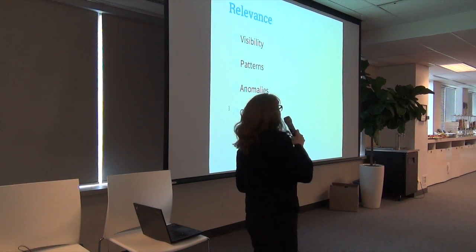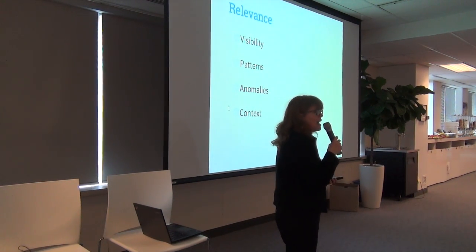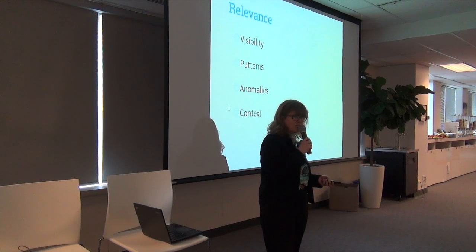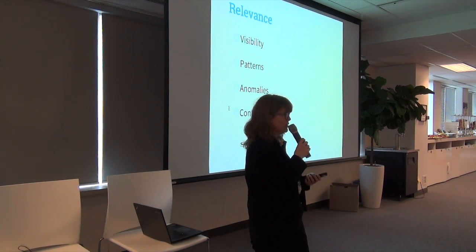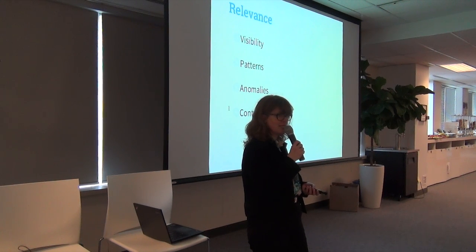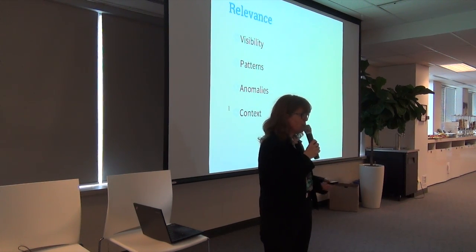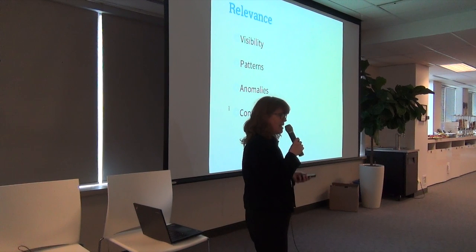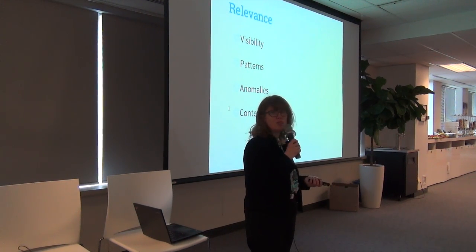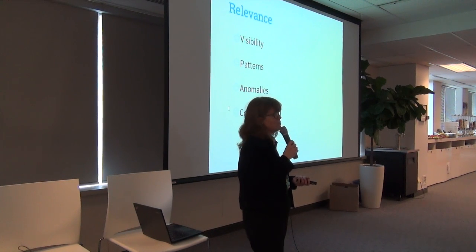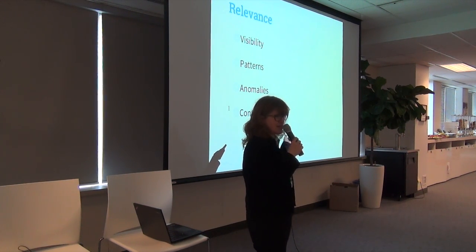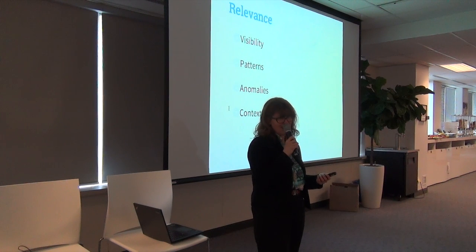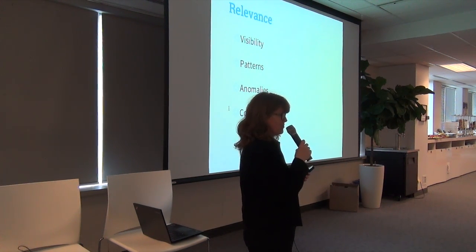So relevance, visibility. How far can you see? Can you scope from end to end? Network systems monitoring. Do you have good logs in place that you can access that really cover the whole field of what you've got going on? Because if you do, then you can see patterns. Patterns tell you what normal is, and you have to have that in place because you're going to be looking for, I love this word, anomalies. One of these things is not like the others. And that's really, really important.